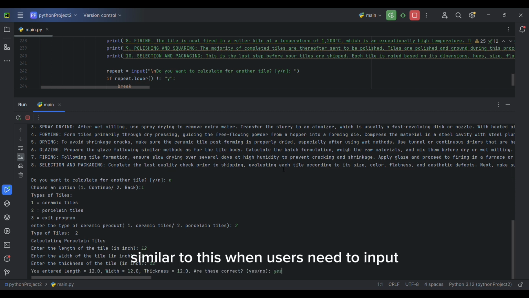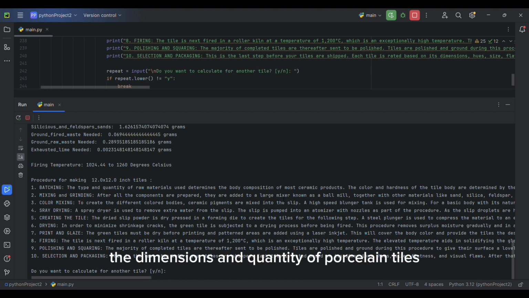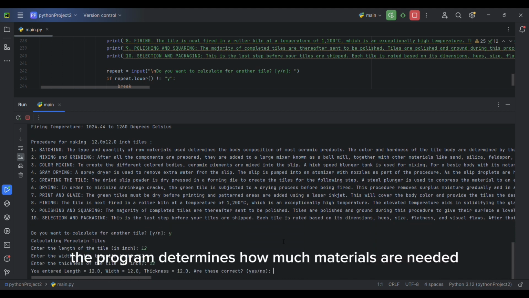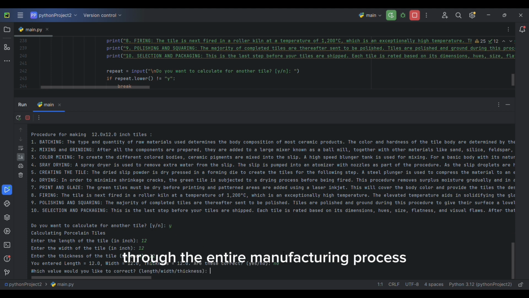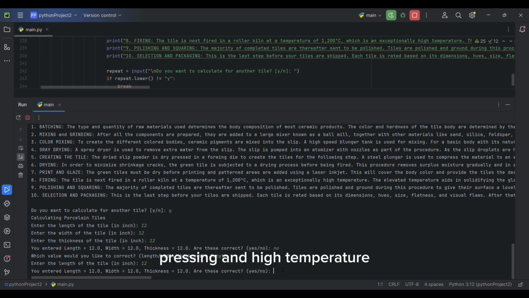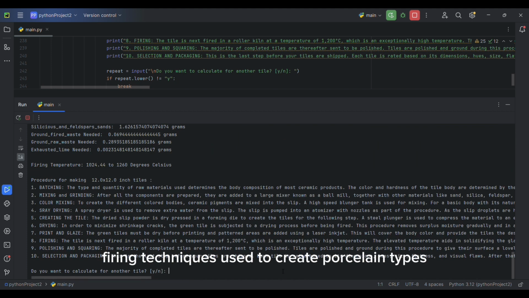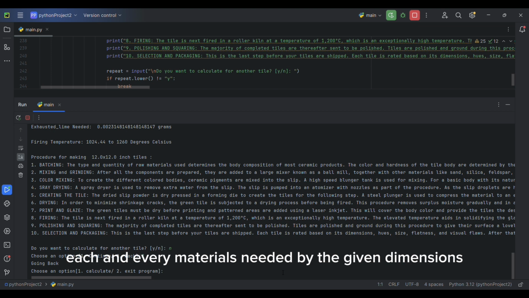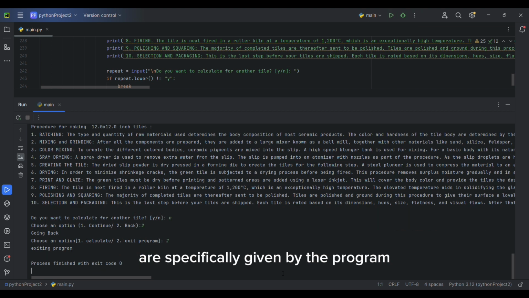Similarly, when users input the dimensions and quantity of porcelain tiles, the program determines how much material is needed and walks them through the entire manufacturing process, highlighting the special high-pressure pressing and high-temperature firing techniques used to create porcelain tiles. Each and every material needed for the given dimensions is specifically given by the program for the users to know and have an easier process.